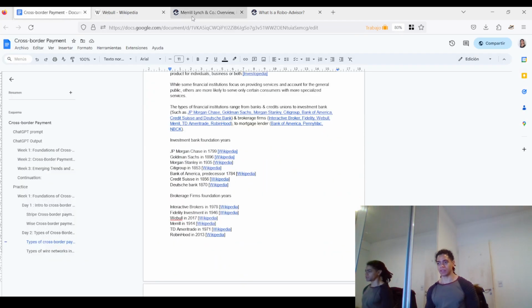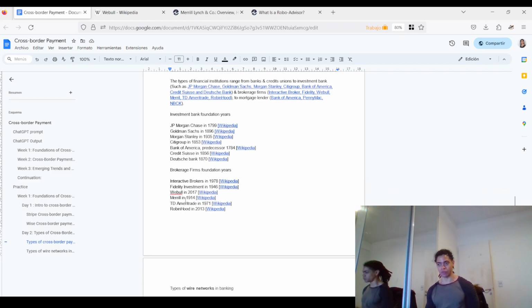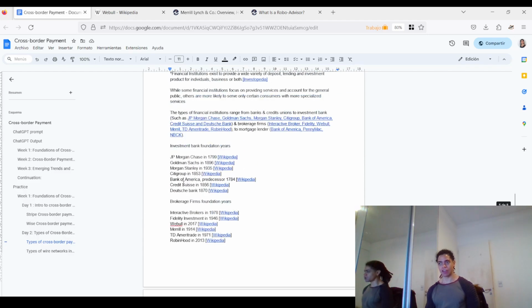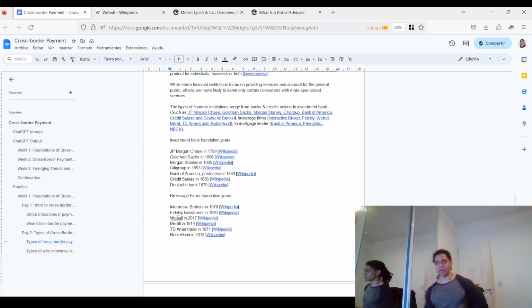Oh my God. So Merrill, TD Ameritrade, founded in 1971, and Robinhood in 2013. So after I recap the investment bank foundation years as well as the brokerage firms,